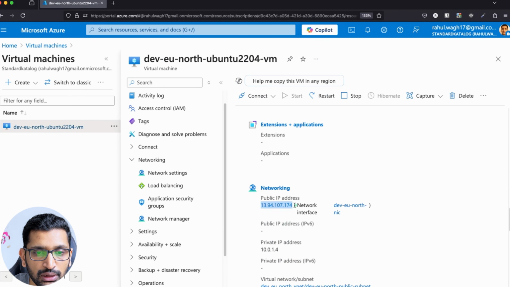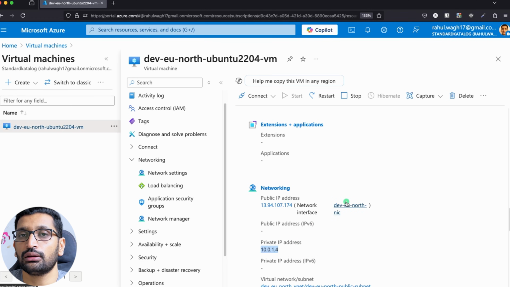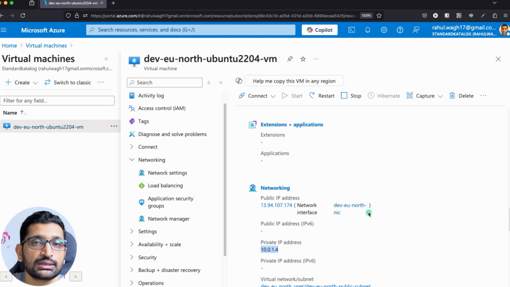So this is your public IP and this is your private IP, which you can see. This particular port is allowing you to access that virtual machine on port 22. Let's do one more use case, where I will try to remove this network security group, and then we will see whether we are allowed to access this